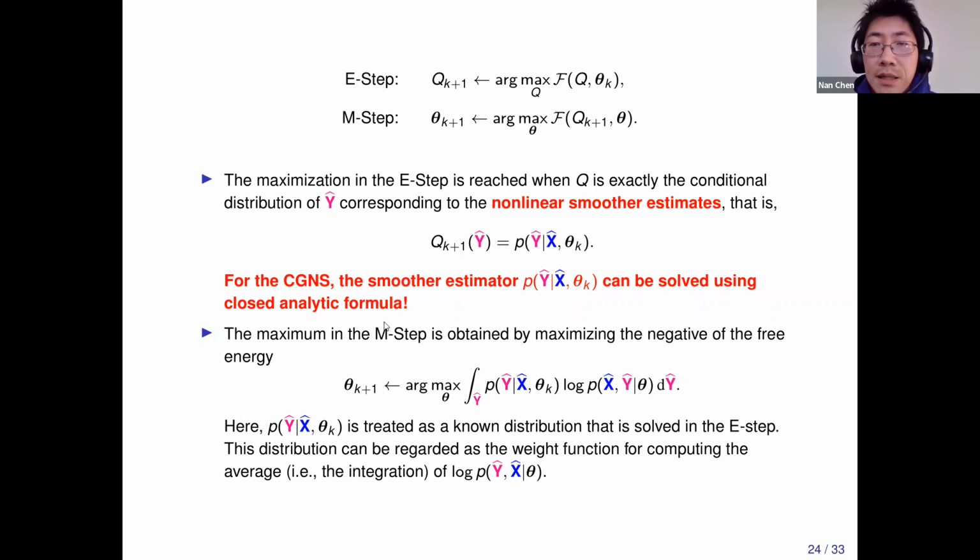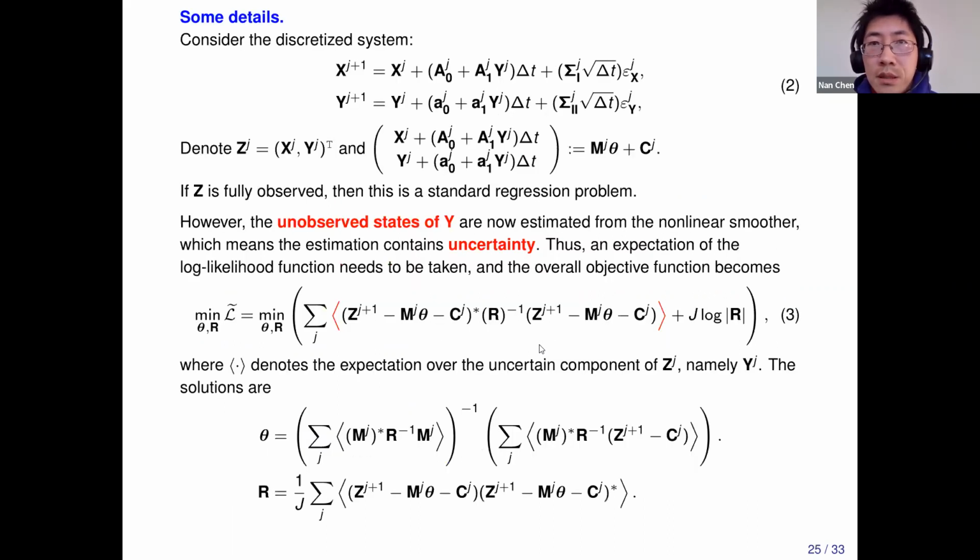Then for the maximization, we know this hidden state y. We just need to treat that as something we are given, and also we are given the x. We try to estimate this theta, right? So now you don't need to worry about the hidden variable issue. You can just do a classical regression method.